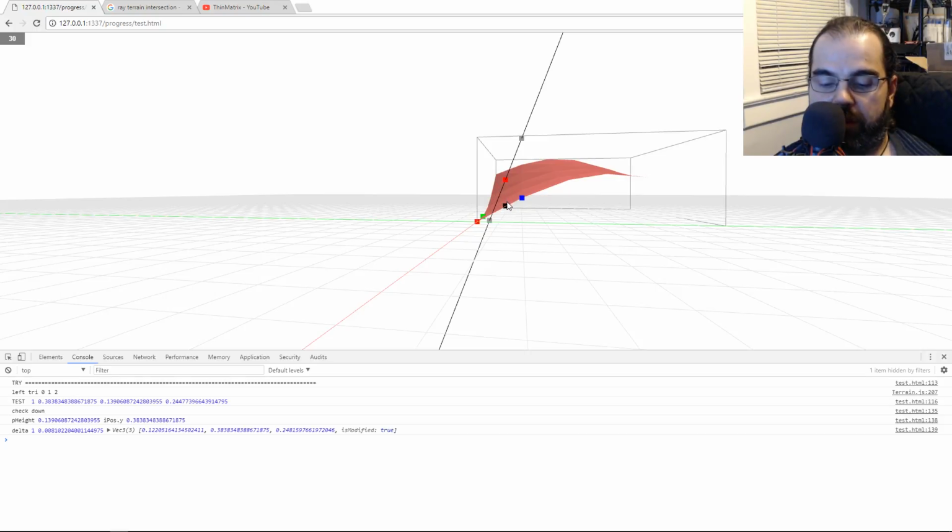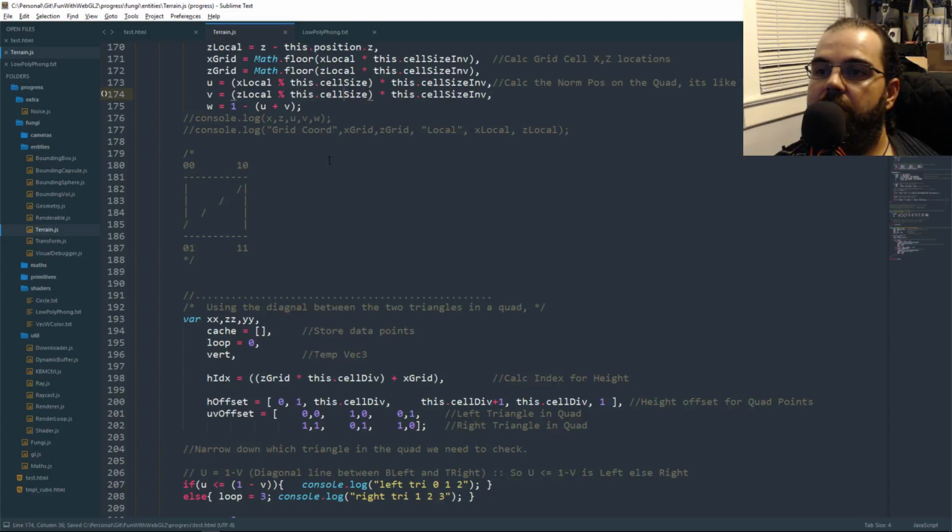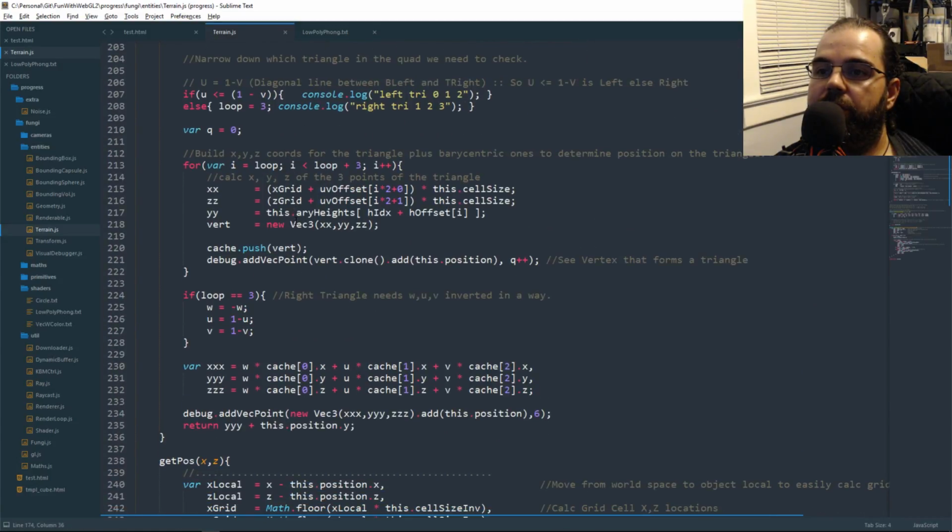So second half of the segment. So if I were to just say max tries, then we just keep going until we end up cutting the line in half. Let's see what else. So yeah, we're doing a loop, and if I say loop equals 3,